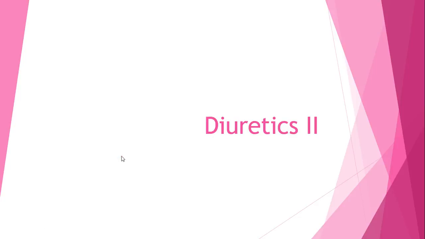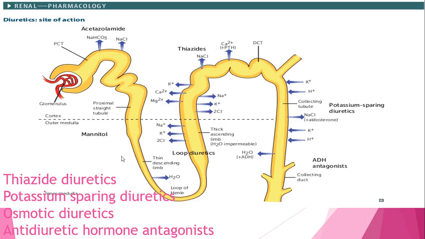Alright, this is the second lecture on diuretics. First of all, we're going to be discussing thiazide diuretics, potassium-sparing diuretics, osmotic diuretics, and antidiuretic hormone antagonists. So, we need to know where these are taking their effect. So, thiazide diuretics. You can find them on here. Here are the thiazides. Thiazide diuretics are taking their effect up here in the distal convoluted tubule,